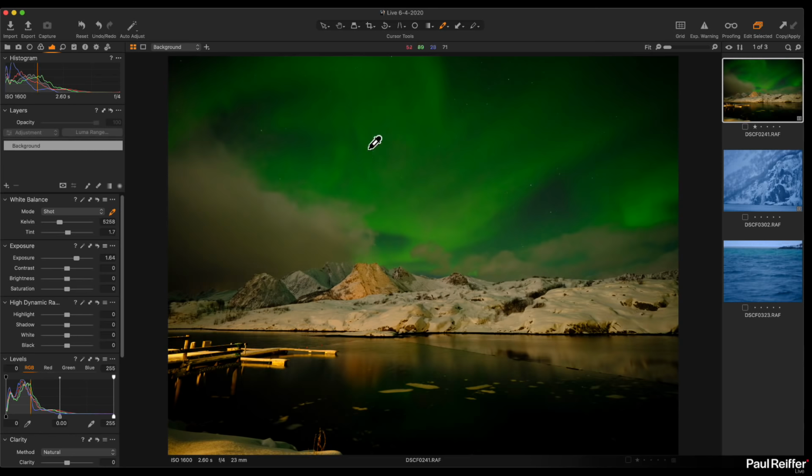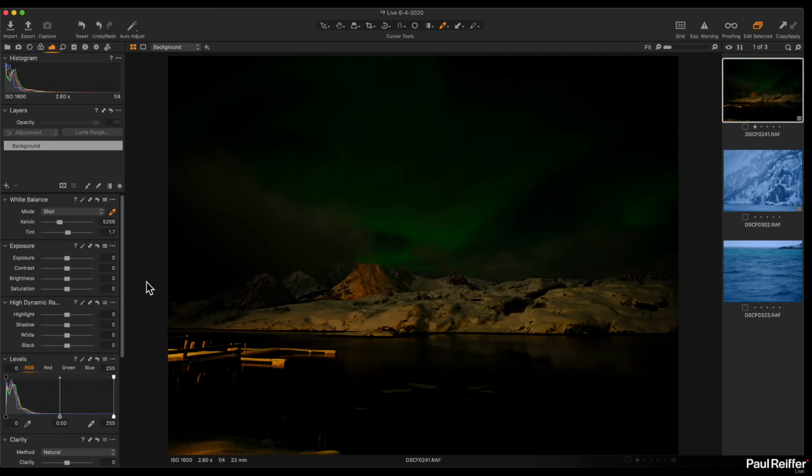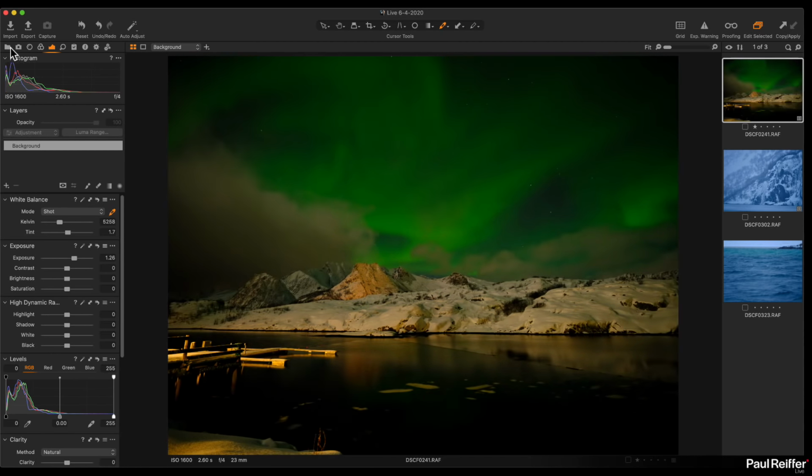So in this image, we've got a bit of a challenge because I want to pull out all this detail. So let's pull it back to our standard exposure. Let's look at this histogram here. We've got a huge amount of data off this left-hand side. Nothing's overexposed. We could have got away with a little bit longer if we wanted to, but I'm guessing,